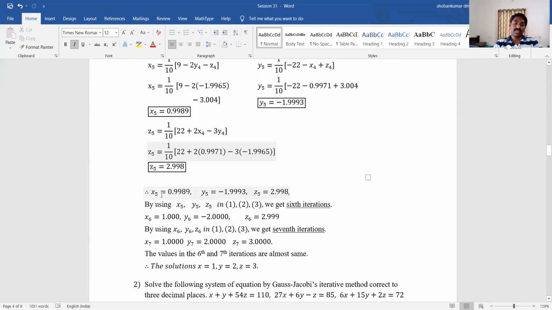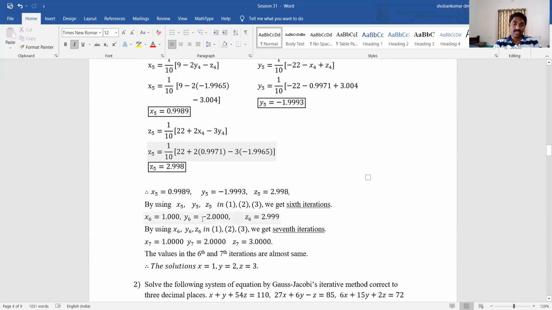Therefore, the fifth approximate values are x5 is equal to 0.9989, y5 is equal to minus 1.993, z5 is equal to 2.998. Here by using x5, y5, z5 in 1, 2, 3 we get sixth iterations. Here the sixth iterations are x6 is equal to 1, y6 is equal to minus 2, z6 is equal to 2.99. And again by using these iterative values, we get one more iteration, the seventh iterations, x7 is 1, y7 is minus 2,